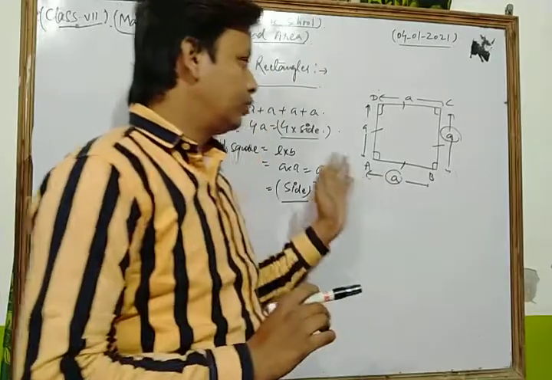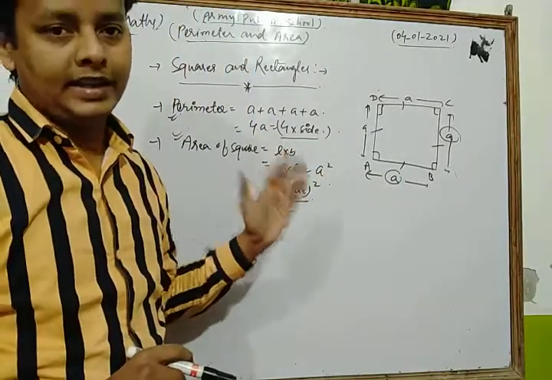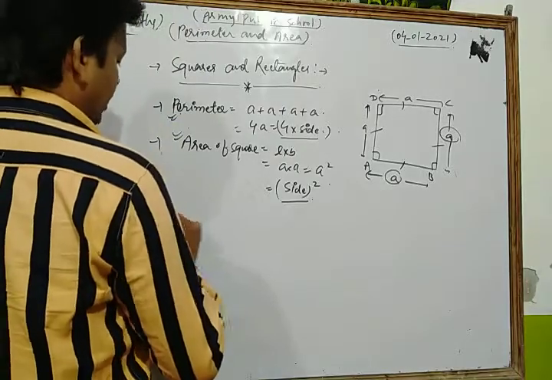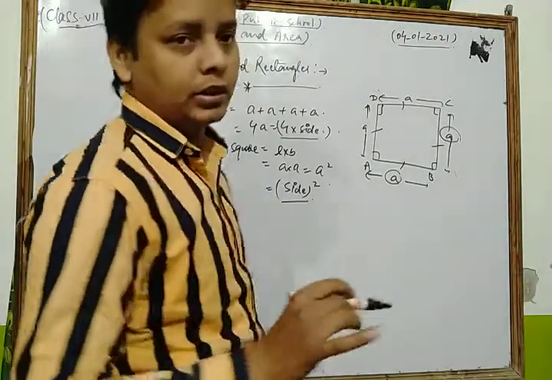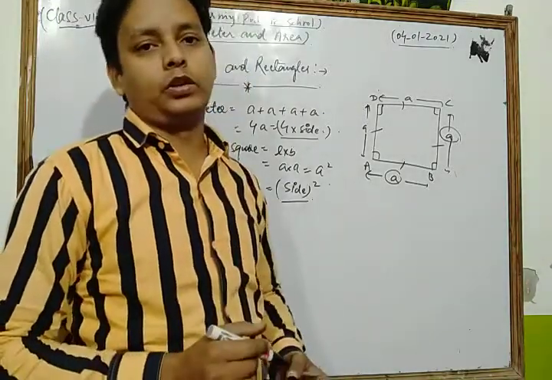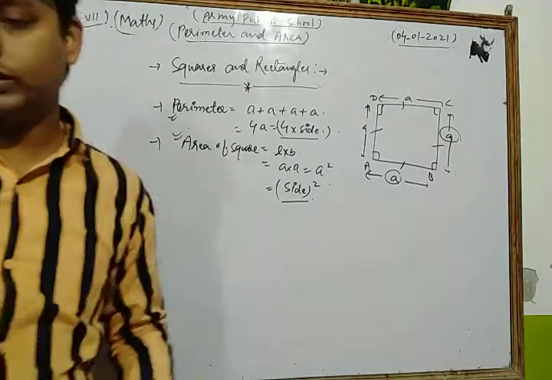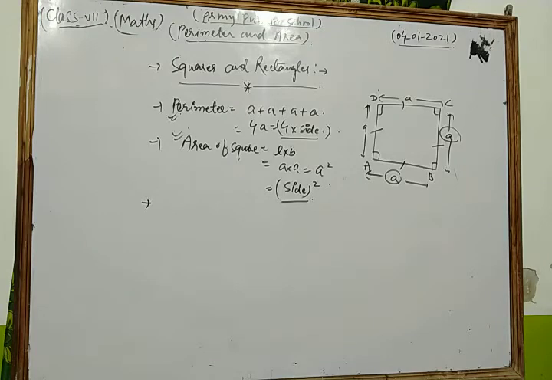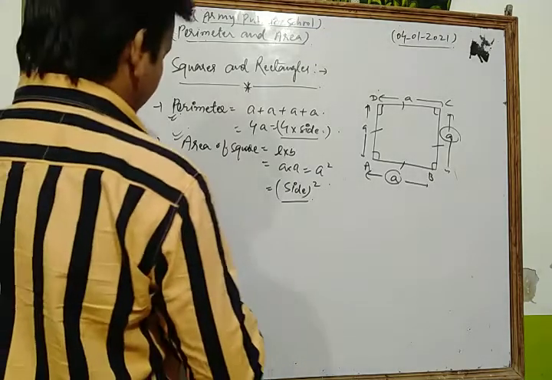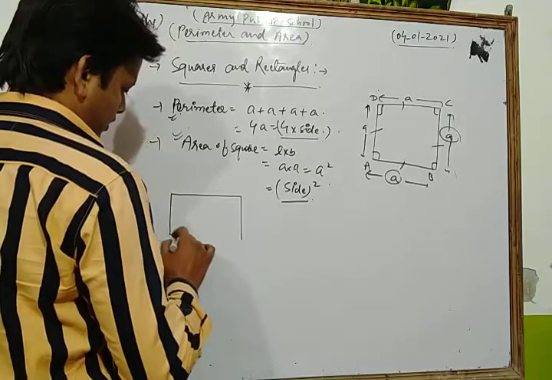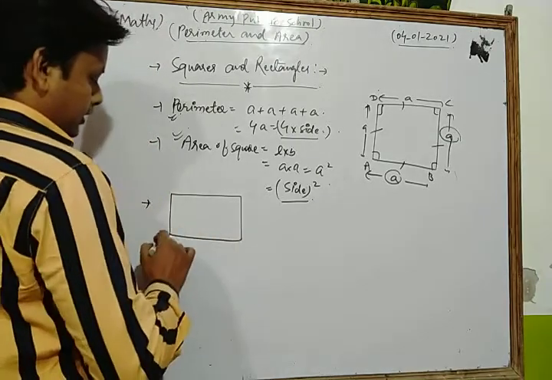Now these are the two important formulas related to a square, area and perimeter. Now we are going to discuss the next topic, which is rectangle. A rectangle is also a type of quadrilateral in which opposite sides are equal and each angle is equal to 90 degrees. Okay, like that. Let's see. Suppose that this is A